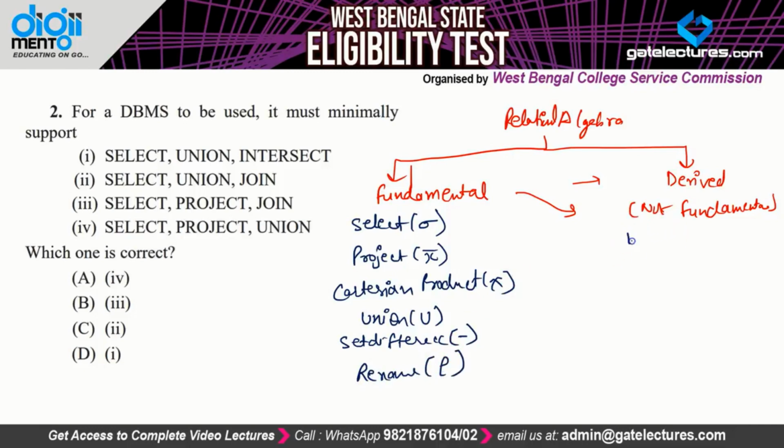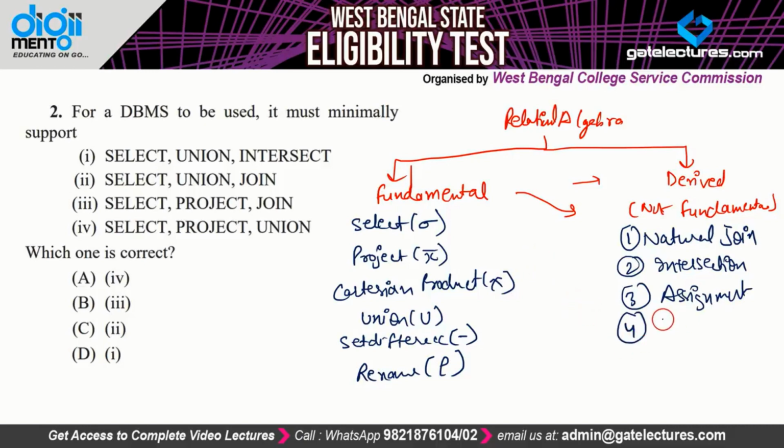In the derived form, we have the natural join. It can be derived from the fundamental operations. The next one is the intersection. This intersection can be derived from the fundamental operations. The third one is the assignment operator. This assignment can be derived from the fundamental operations. And the fourth one here is the division or quotient operation, and this division or quotient operation is a non-fundamental operation. And the fifth one is the theta join, and this theta join is also not a fundamental operation, because it is just a generalized form